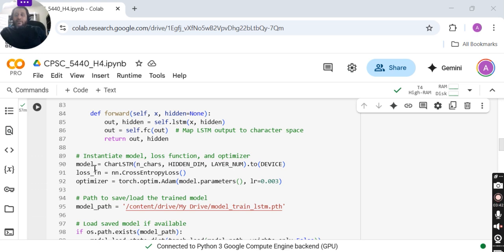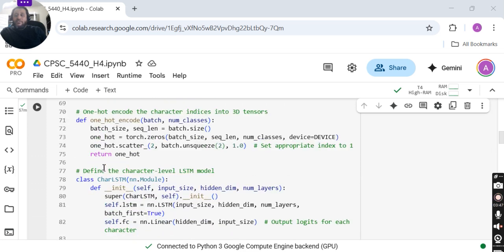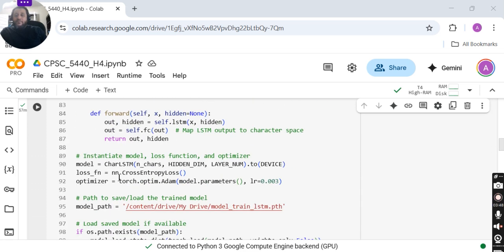Here we are instantiating the model. I'm calling this class CharacterLSTM and passing it three different parameters, and if we have a GPU, then the device is the GPU.